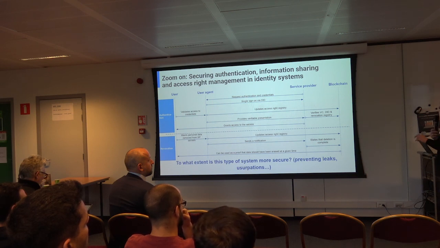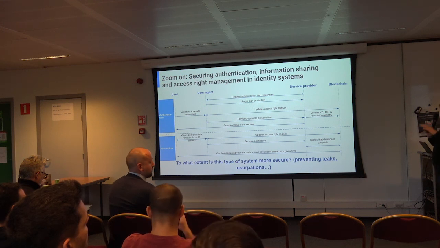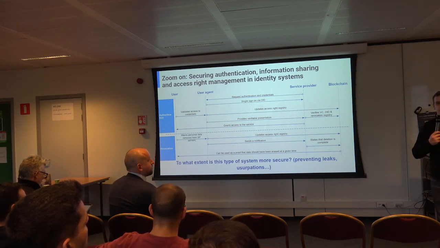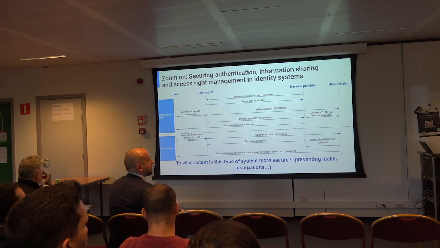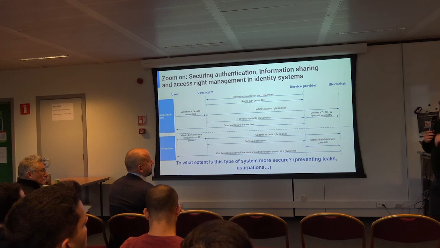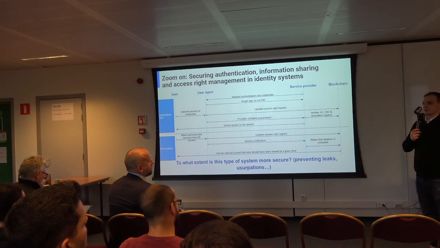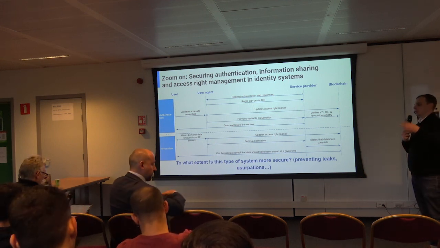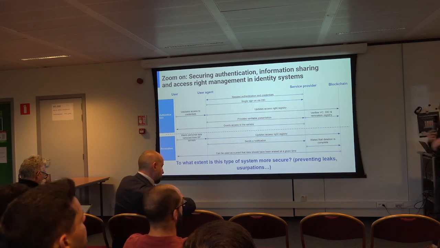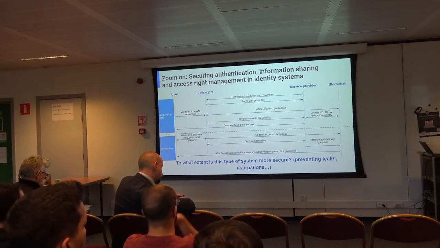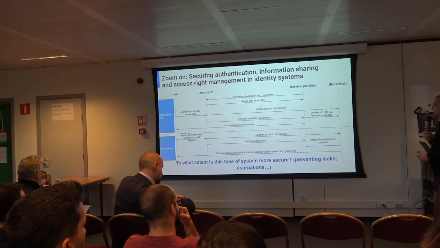So basically you have two main steps described here, with a user doing simple interactions with a service provider. We really don't care who this service provider is. That could be a website that you want to connect to, or a public service where you want to authenticate yourself and exchange information between the two. And so the flow is quite simple.